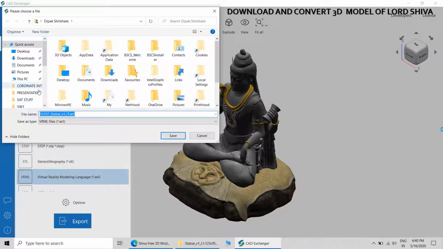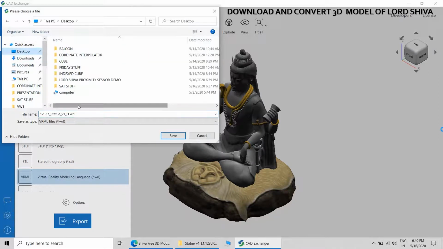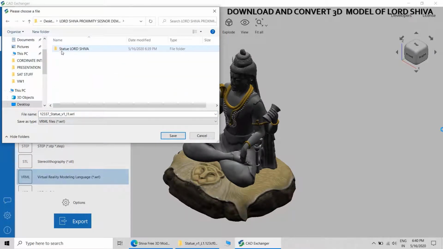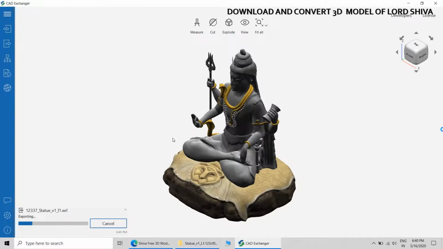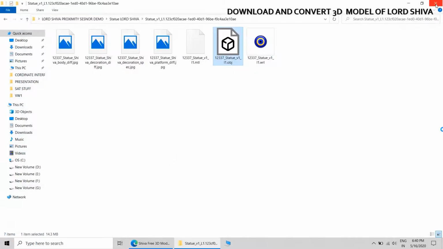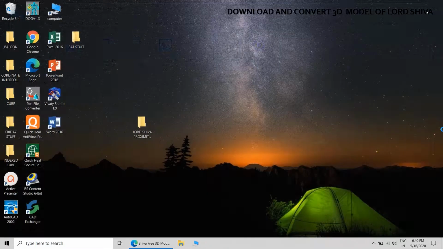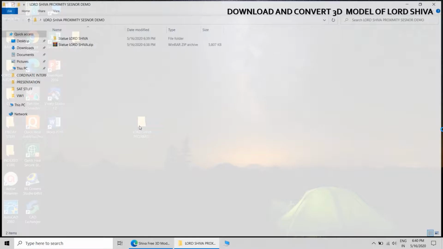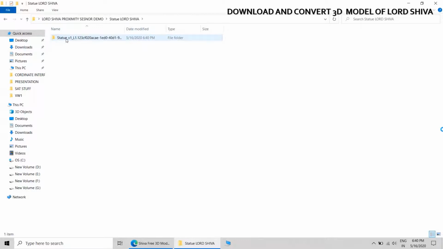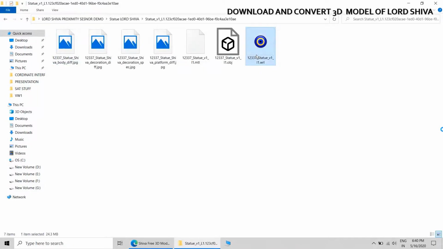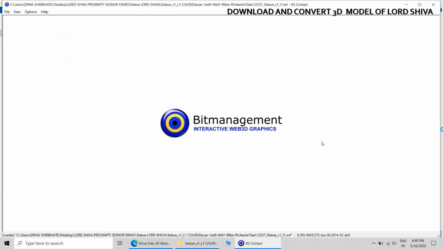This conversion will definitely help us to call this statue in Vivati Studio, because once you convert this file into VRML, you can easily import it into Vivati Studio. Directly importing is also supported, but most of the times Vivati Studio will hang. In the conversion process, it may become unresponsive.